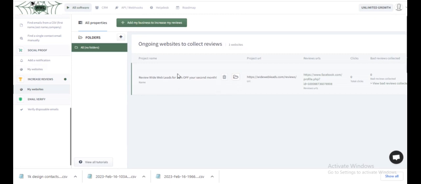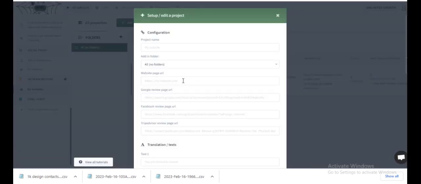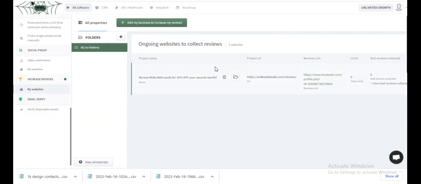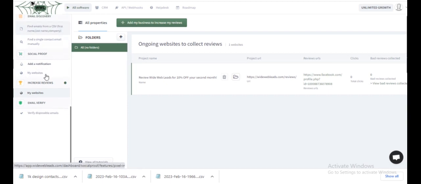But we haven't marketed this review function yet. And we will be able to do so a little bit later on. But for now, yeah, this is how you would do it for your website. And one of our users has had a really good success rate when it comes to asking and receiving reviews from clients. They sent it out to their client list and they received about 12 reviews back on their Facebook, which was really, really good for them.